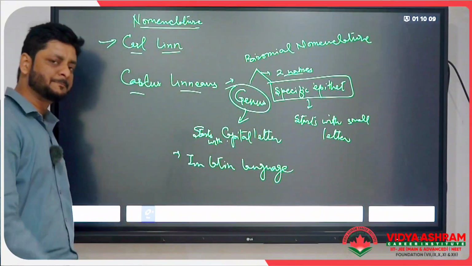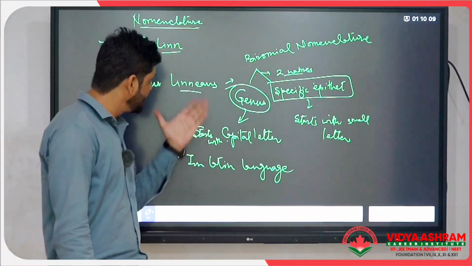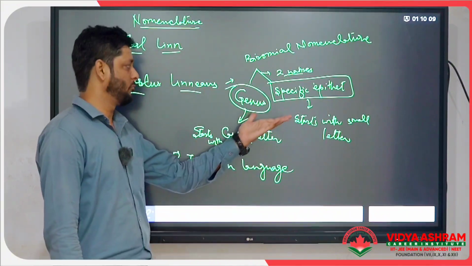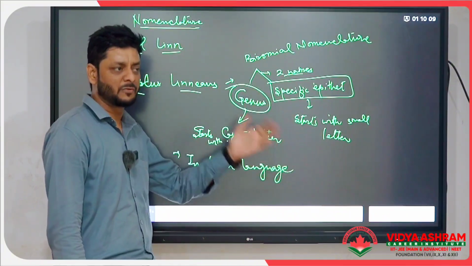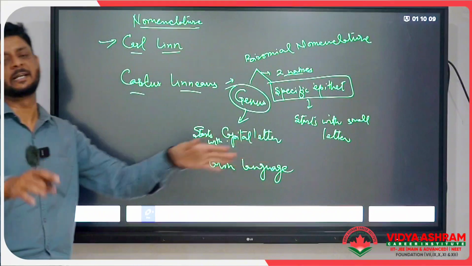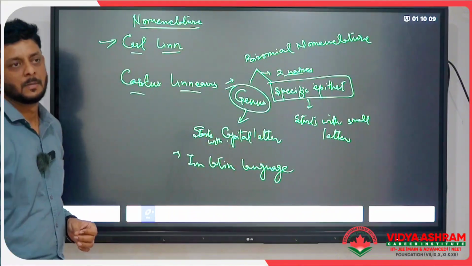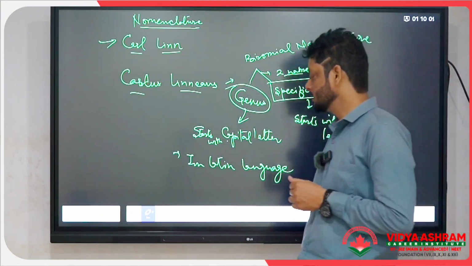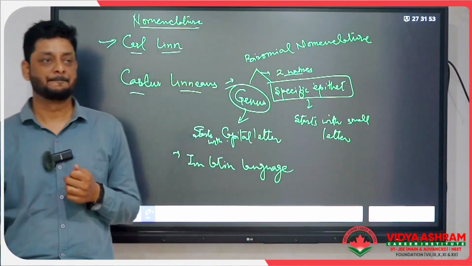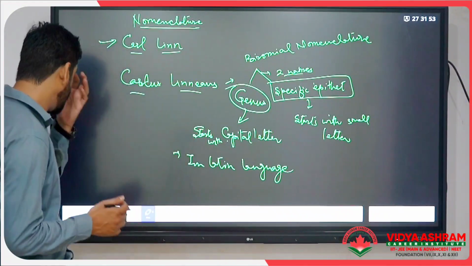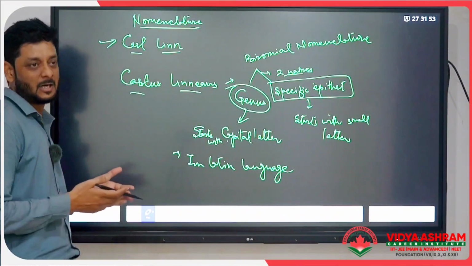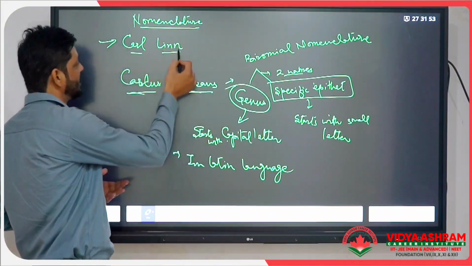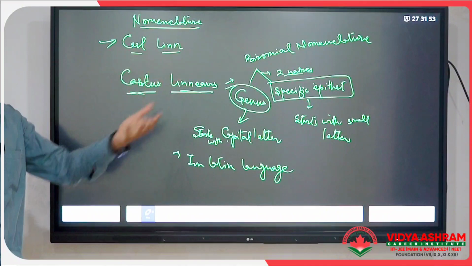So there must be a question. Sir, why did Carolus Linnaeus propose that every name of an organism must be in Latin language? Because it is a dead language, and we cannot change it. So it must be a universal way. It cannot be changed. Some scientists also call Carolus Linnaeus Carlin, which is a Latinized name.